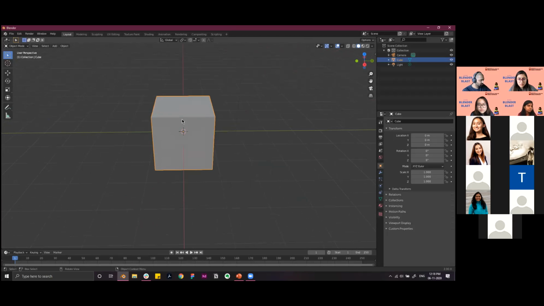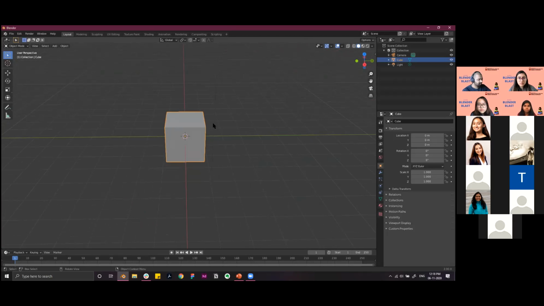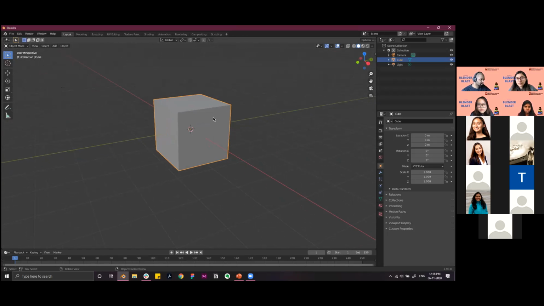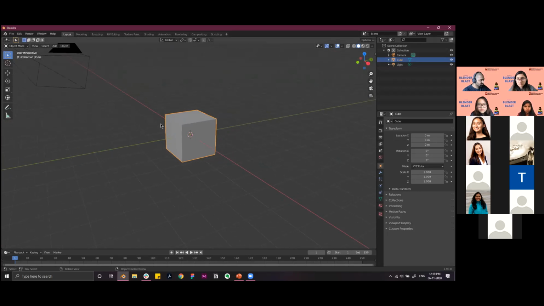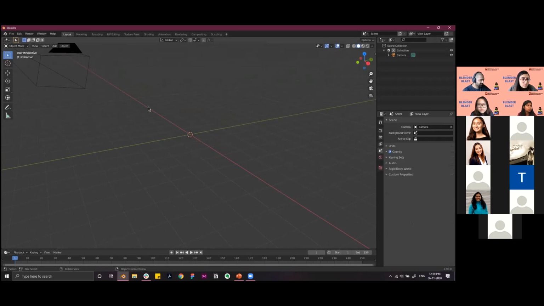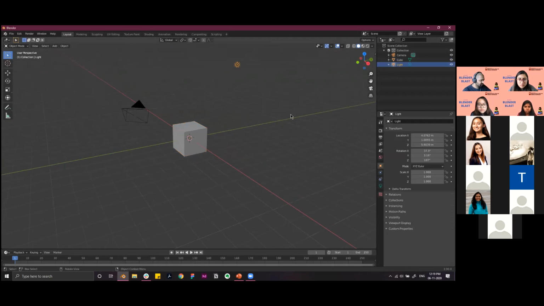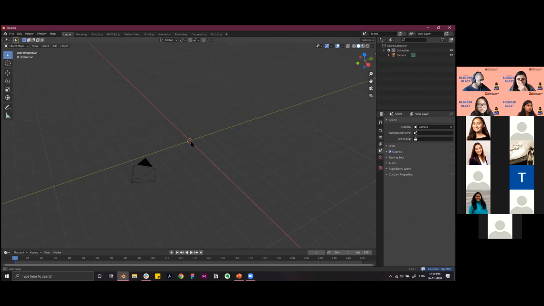Okay. So for now, I think we can get started with creating a basic cup in Blender. So for that, we'll delete the cube and light that we have. Select the cube in the object mode and then press X to delete it. Similarly, you can delete the light by selecting it and pressing X. You can see the objects on the scene collection out here on the right side. So I deleted the light source and I deleted the object.